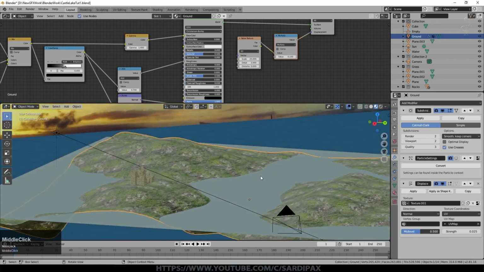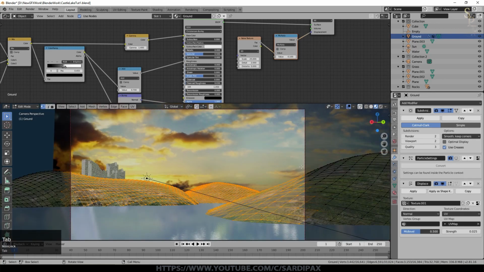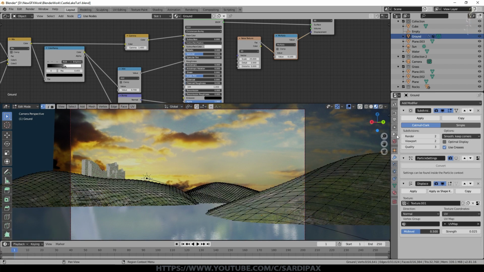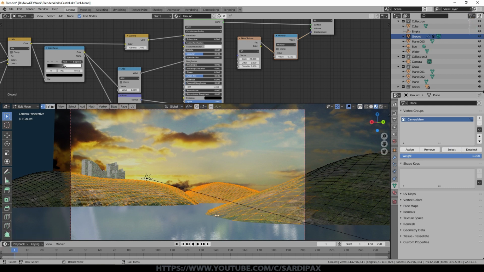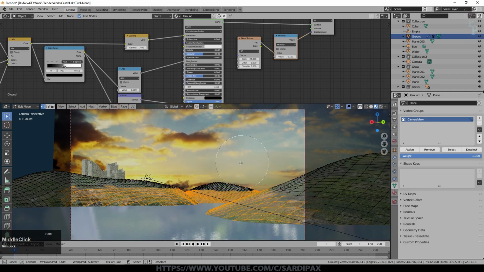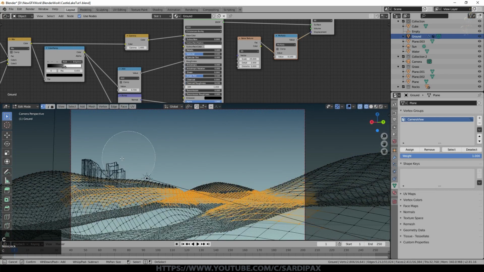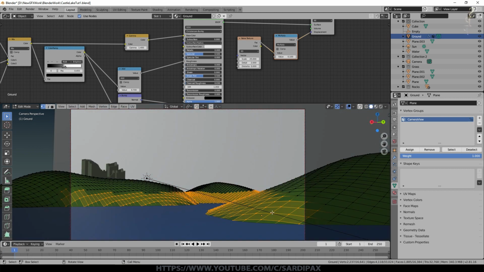However, certainly the large boulders, we don't necessarily want them at the top of the hill. So if we look here, first of all, let's go to our vertex properties here and say select. So that's everything that we have the grass growing, but we don't want the tops of the hills to be covered in boulders. So let's middle mouse button and unselect really the tops of the hills, because I guess logically, and we should probably do that in wireframe mode so that we go through the hills as well. And that way we'll only have rocks where they perhaps would have rolled down to. So I'll now click a new vertex group. We'll call this rocks, and we'll assign to that.